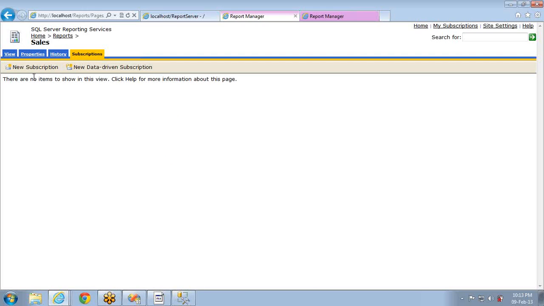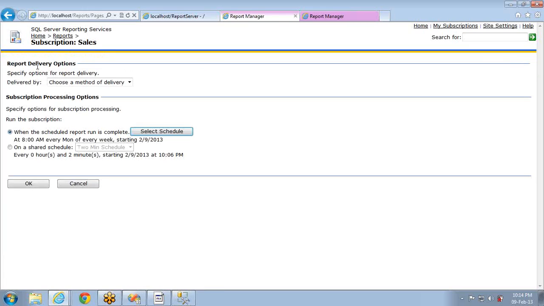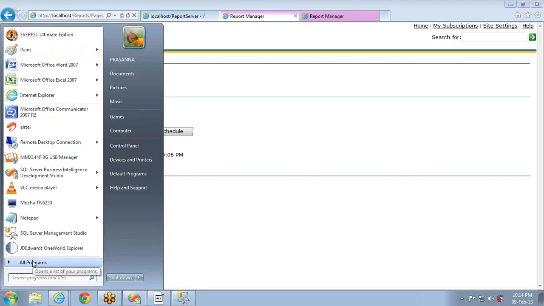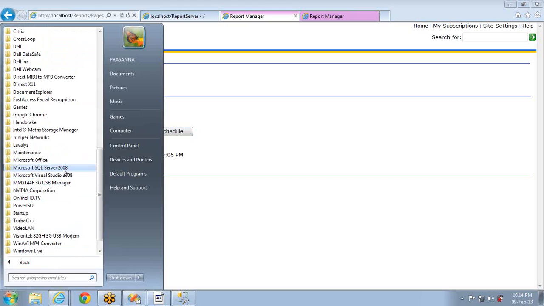There are two types of subscriptions, normal subscription and data-driven subscription. So let's see what is meant by subscription first. Subscription will help you in delivering the report on a particular schedule. So this is the report, right? You have one report and you can choose the method of delivery. You have Windows file share and you have the email option. Now the email option is not showing here, and the reason is the email settings are not configured in the